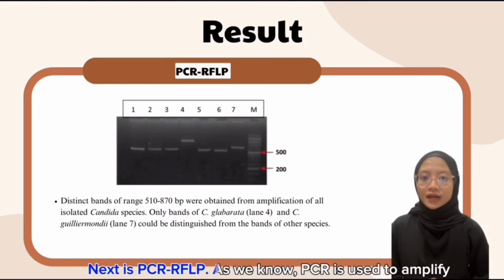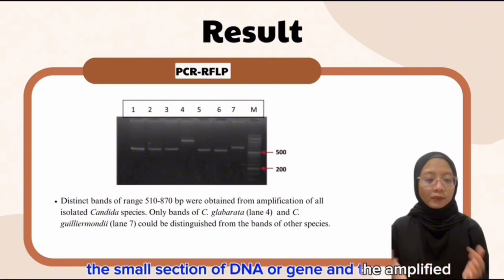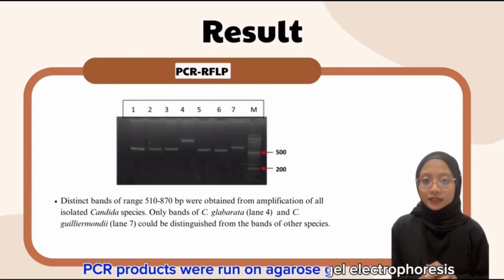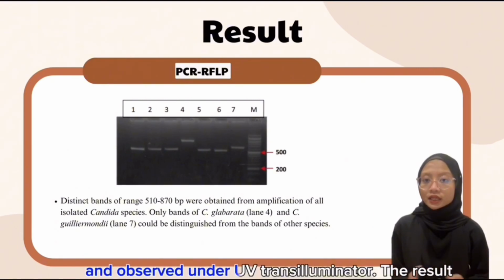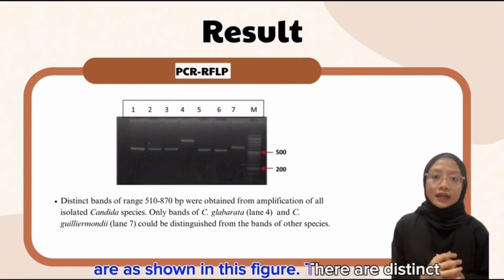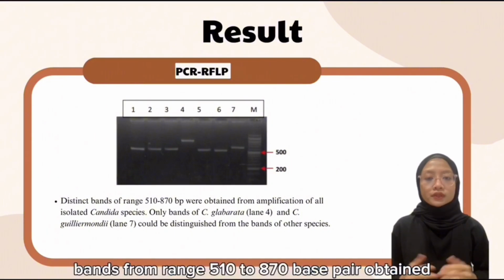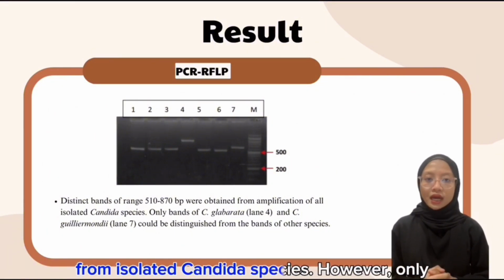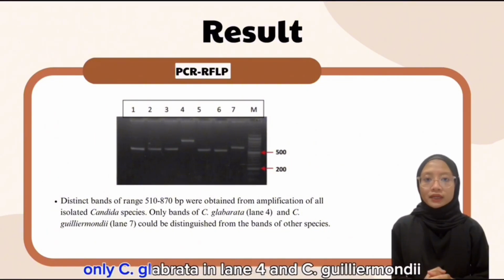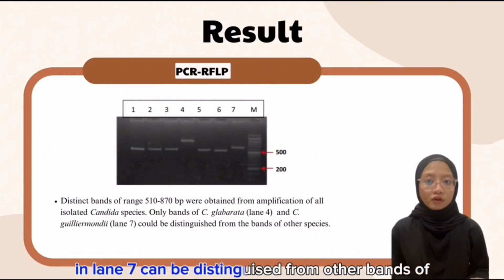Next is PCR-RFLP. As we know, PCR is used to amplify the small section of DNA origin, and the amplified PCR products were run on agarose gel electrophoresis and observed under UV transilluminator. The results are as shown in this figure. There are distinct bands from range 510 to 870 base pair obtained from isolated Candida species. However, only Candida glabrata in lane 4 and Candida guilliermondii in lane 7 can be distinguished from other bands of